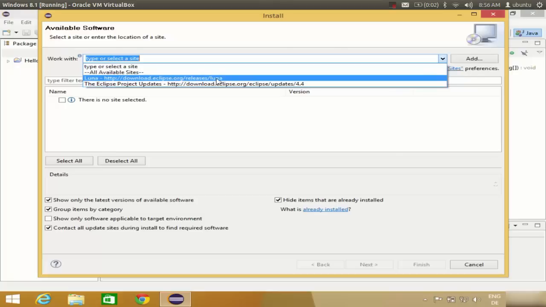I have the latest version, which is Luna, but if you have some other version, it will show you that version of Eclipse, for example Juno or Kepler. So just select this option which says http://download.eclipse.org/releases/ whatever version of Eclipse you have. I have Luna, so I will select this Luna. Okay,